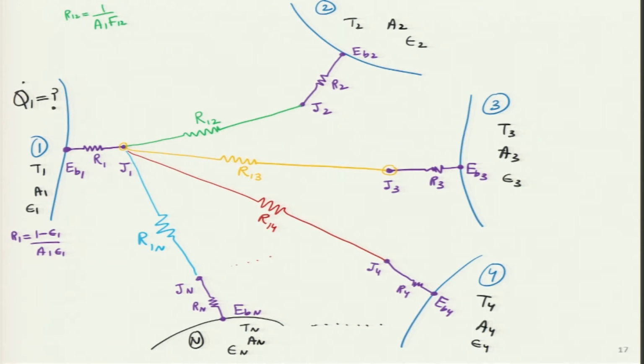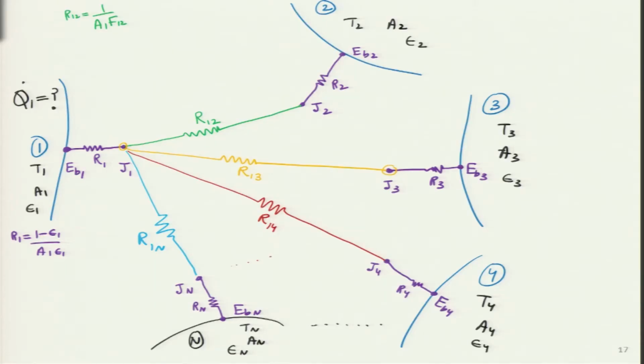Now, let us go back over here, and what we want to do is repeat the same process. We have done surface 1, we have connected all of them. Now, let us do one more level increment. What we are going to do is forget surface 1 and just pick surface 2, surface 3. Let us go back to the slide. So, if I see that surface 2 and surface 3, their radiosity will also interact with one another, is it not? So, here I will also put one resistance R23.